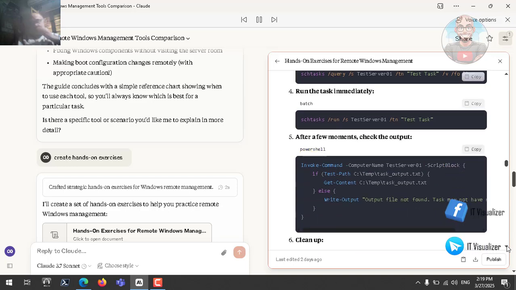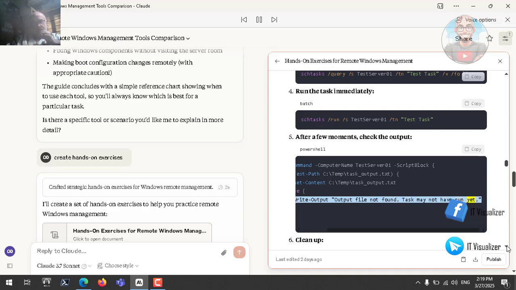After a few moments, check the output. PowerShell. Copy. Invoke-Command -ComputerName testserver01 -ScriptBlock { if (Test-Path C:\temp\task_output.txt) { Get-Content C:\temp\task_output.txt } else { "Output file not found. Task may not have run yet." } }